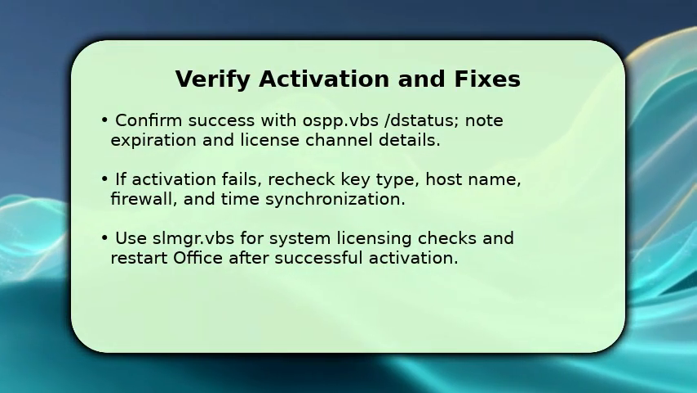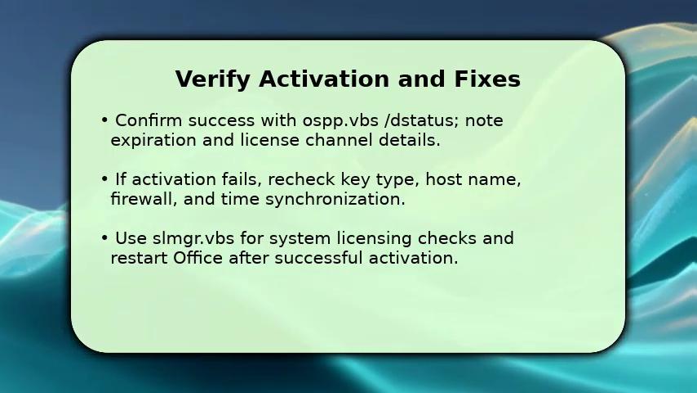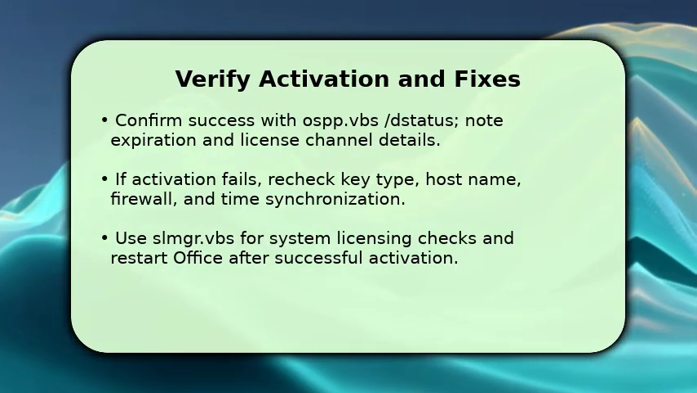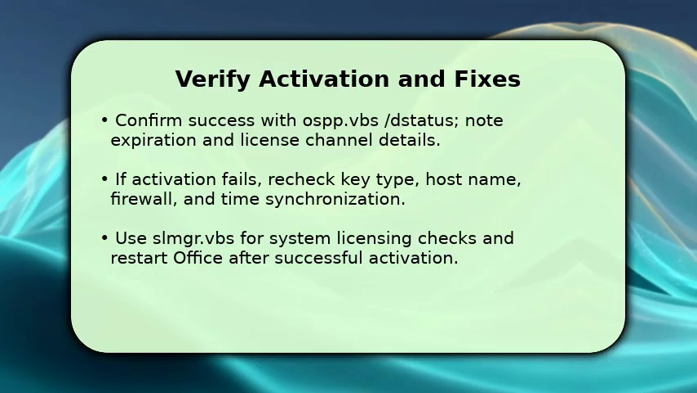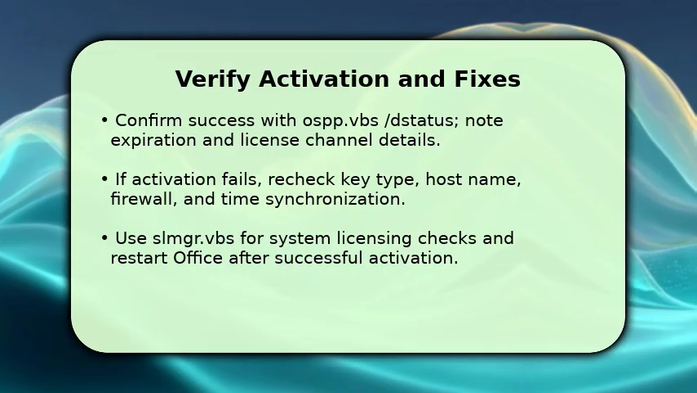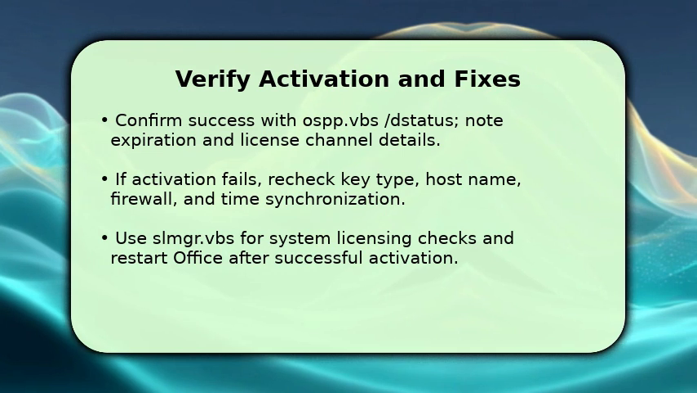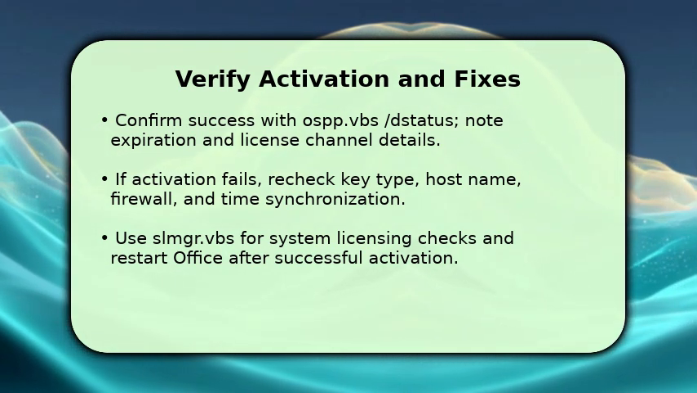Run OSPP.VBS /dstatus to view license state, activation ID, and expiration so you confirm success. If activation fails, make sure your key matches the edition, the KMS hostname is reachable, firewall rules allow TCP traffic to the host, and system time is synchronized. Time drift often blocks activation. Once resolved, restart Office apps. As a final check, open an Office app and verify the account or